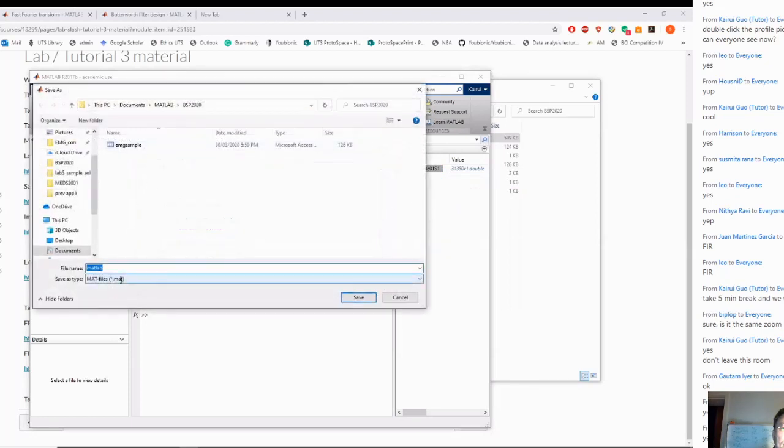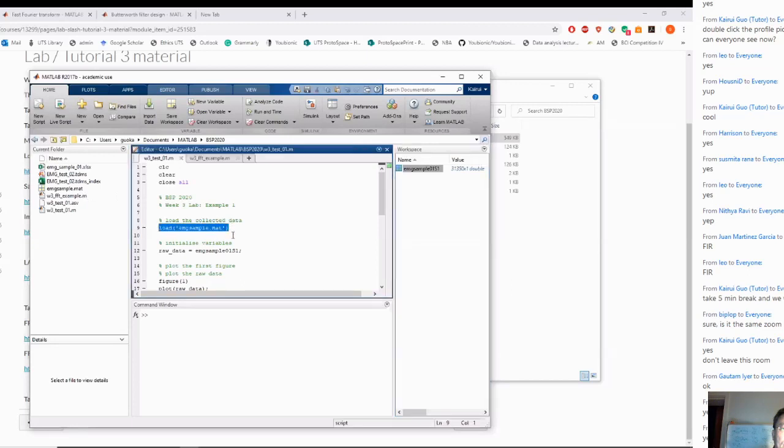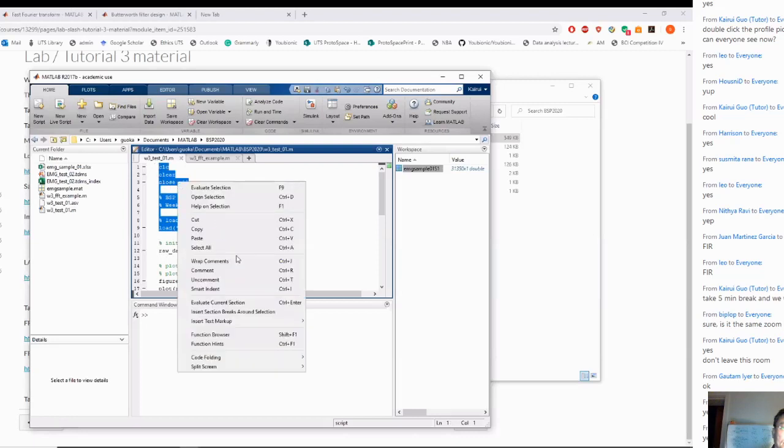And we save as a .mat file. I already saved it as EMG sample, so that EMG sample.mat file is here. All we need to do is type one simple command called load EMG sample.mat. Then if we run this section,